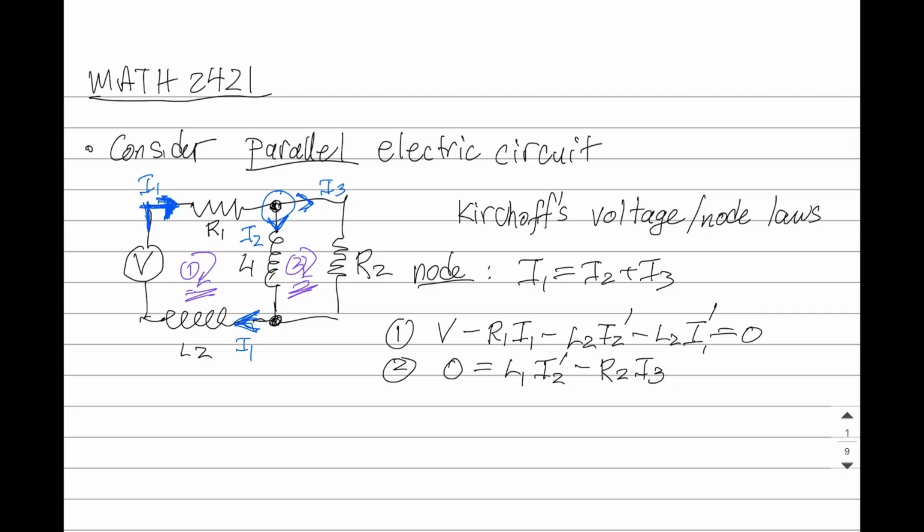Now, in a parallel electric circuit, you take some sort of series circuit and then you add further loops to it. We've got a circuit drawn here where we've got a voltage source, and that voltage source supplies a current. I'm going to call this current I1, and that current has only one path to go. So it leaves the voltage source and it goes through this first resistor R1. And then it comes to this first, what we call junction or node,